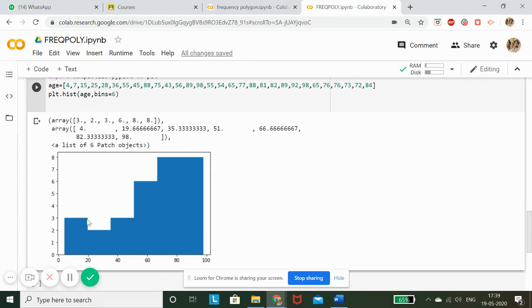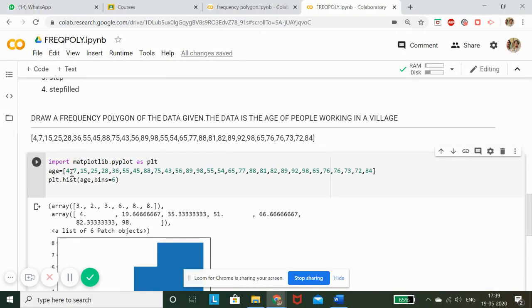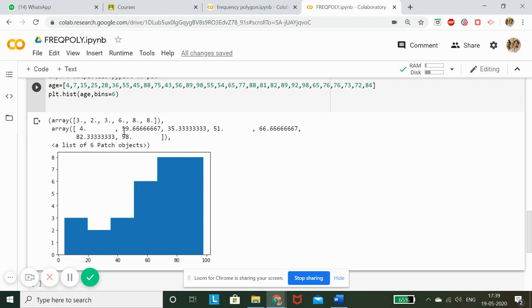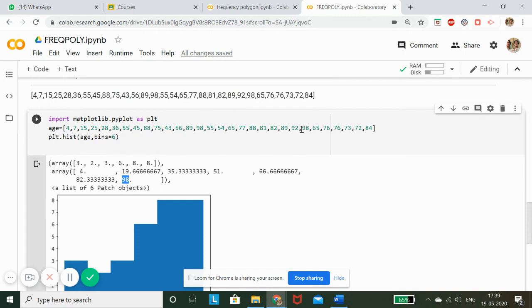My first interval is starting here at 4 because 4 is my beginning value, and the next interval is starting at 19.6, then 35.3, then 51, and then 66 point something. And my last value, please notice here, is 98. Why? Because my highest value given in my data set is 98.